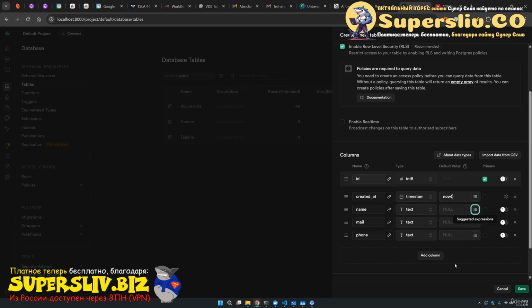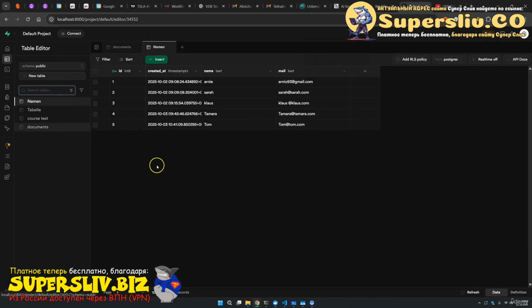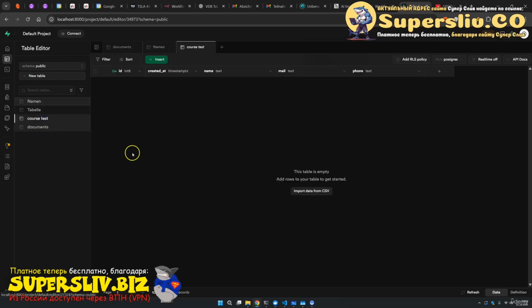What you can do right now is to simply press save here, and then you will get your new table. So adding the columns and so on, boom, right now we have our new table included. If we are here on tables, you can basically see it right here. We have called this course test with 5 columns and everything will be empty. If you come on the left side on table editor, you can come here on this course test, and here